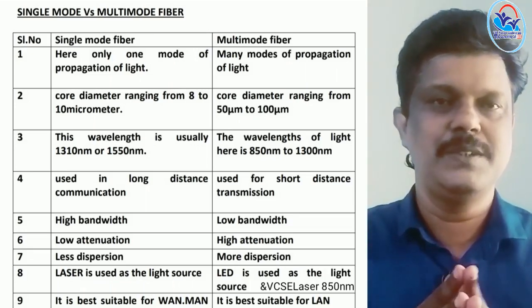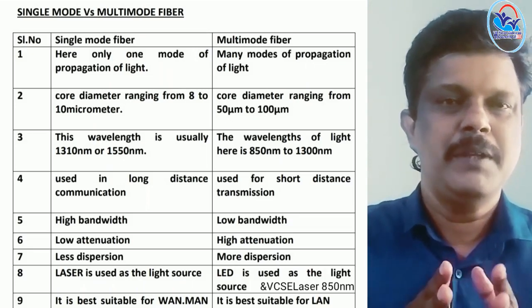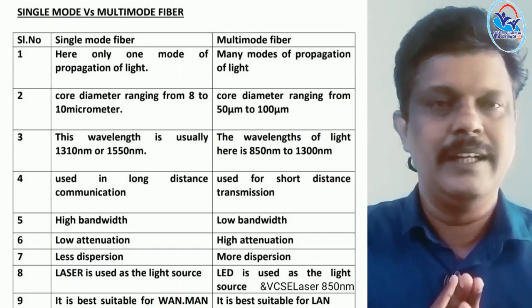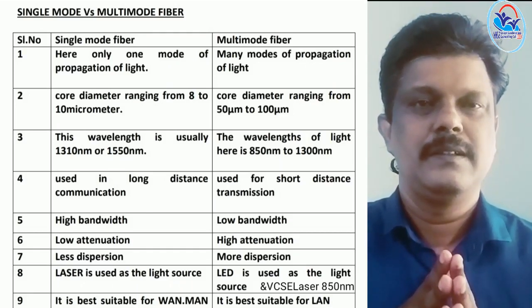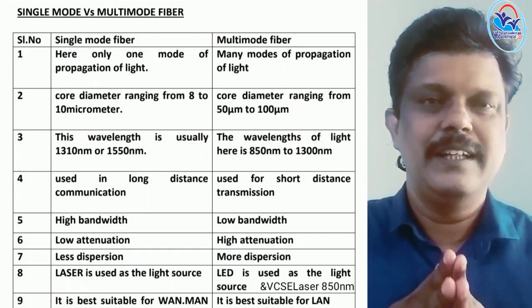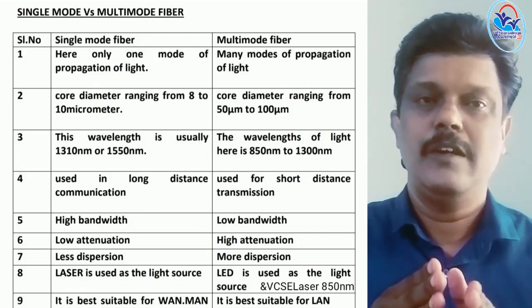In earlier days, we were using light emitting diodes with multi-mode fibers. Here, we had been using 850 nanometer LED and 1300 nanometer LED. But with the LED light, there is one problem. The LED lights are composed of multiple wavelengths. In the case of LEDs, there will be multiple wavelengths in and around 850 nanometer or 1300 nanometer. So there will be chromatic dispersion also in the case of LEDs. Definitely the modal dispersion will also be there.